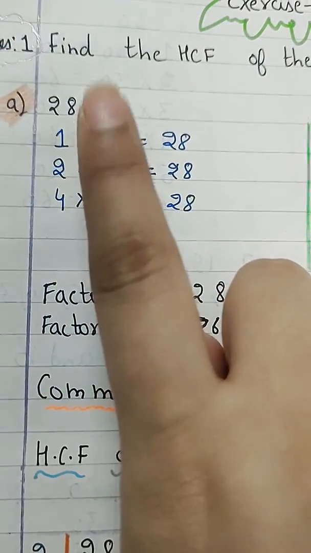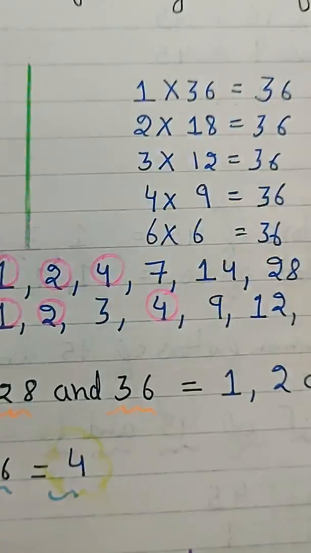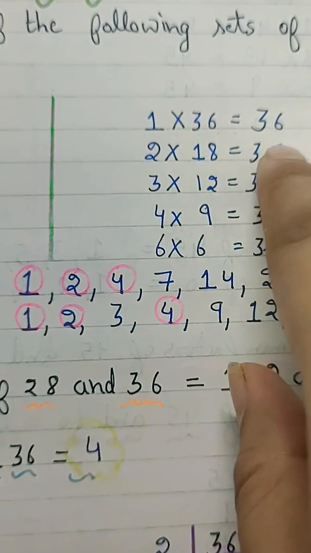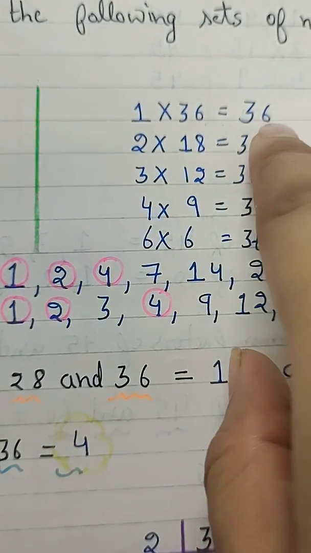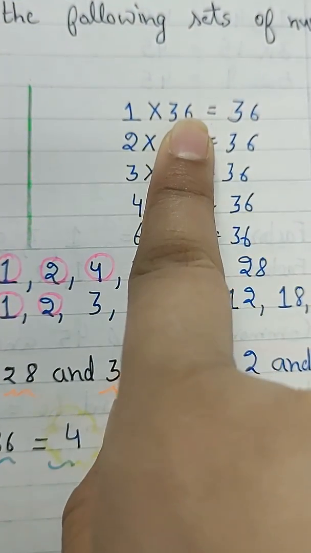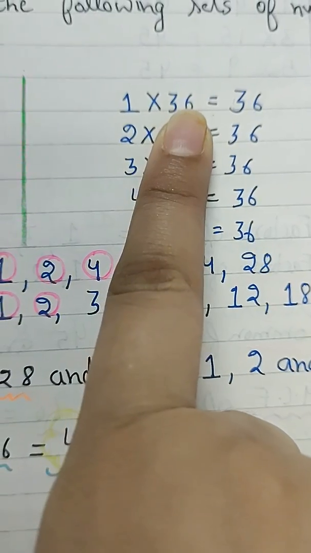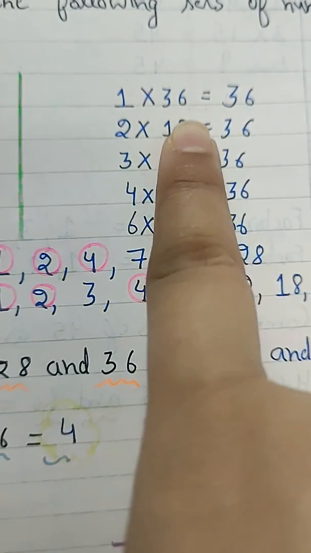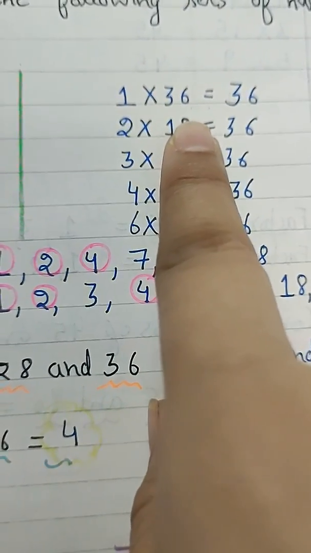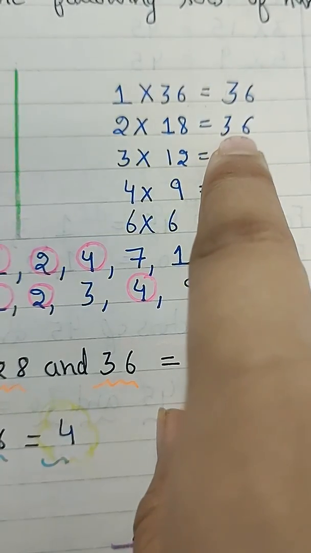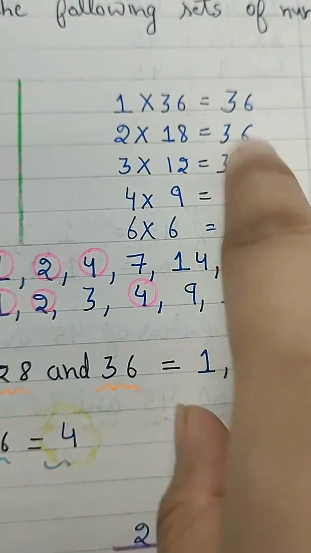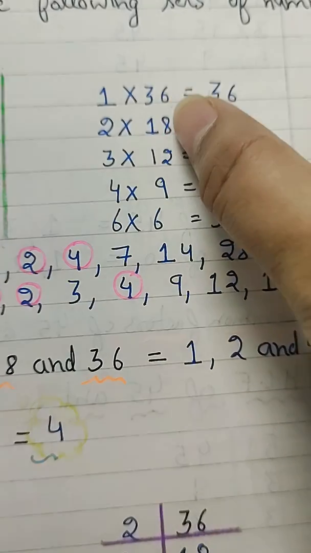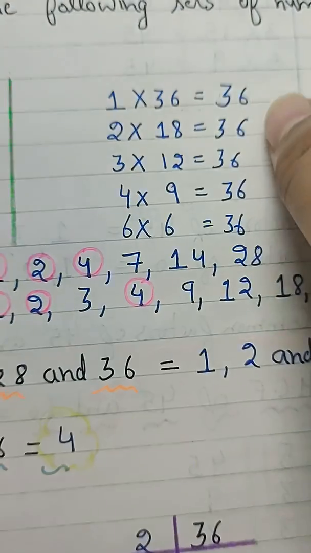Now we have to write the factors of 36. Again we start from 1. 1 multiplied by 36 is equal to 36. As it has 6 at the end, it will be divisible by 2 also. So 2 multiplied by what gives 36? 3 does not come in the table of 2, so we take 2, and 2 comes in the table of 2 at 1, so we write 1. Now 3 minus 2 is 1, so 1 is left, and we put it in front of 6, so it becomes 16. 16 comes in the table of 2 at 8. You can simply divide also: 36 divided by 2 is equal to 18. So 2 multiplied by 18 gives 36.